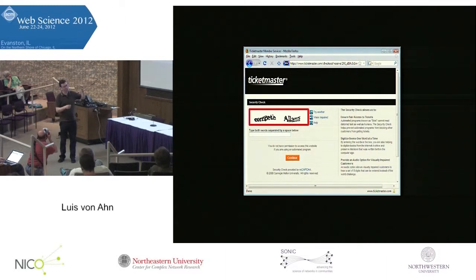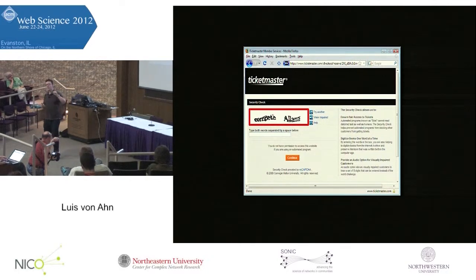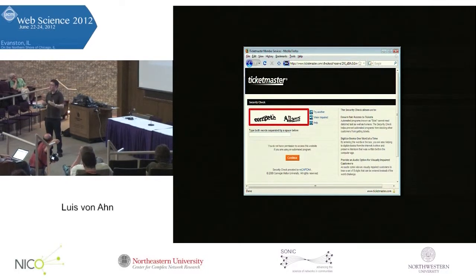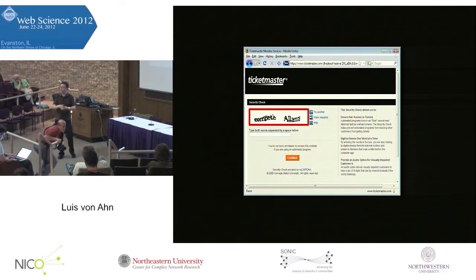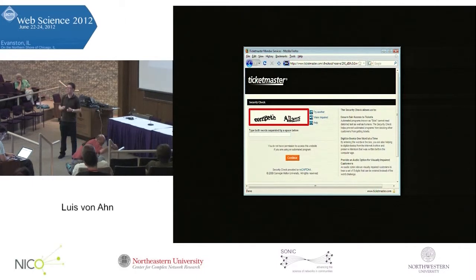So then I started feeling bad, and I started thinking, is there any way in which we can use this effort for something that is good for humanity? So here's the thing. While you're typing a CAPTCHA, your brain is doing something amazing. Your brain is doing something that computers cannot yet do. So can we get it to do something useful? And the answer was yes, and this was the reCAPTCHA project. Nowadays, while you're typing a CAPTCHA, not only are you authenticating yourself as a human, but you're also helping us to digitize books. So let me explain roughly how that works.